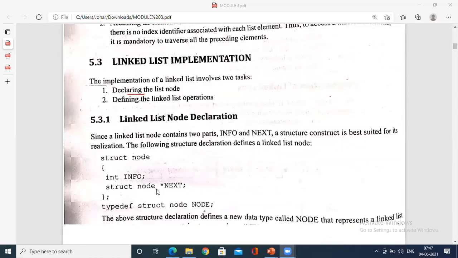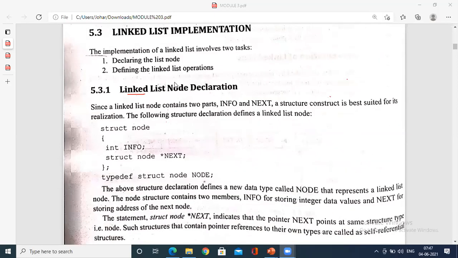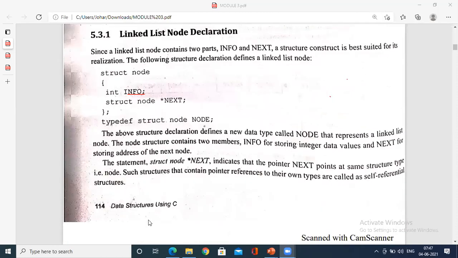So what is the definition? Defining the linked list. The definition over here defines the linked list. Declaration defines the following structure, a linked list node. So finally you say typedef struct node. This is as it is, there is no change. This and this should be the same.